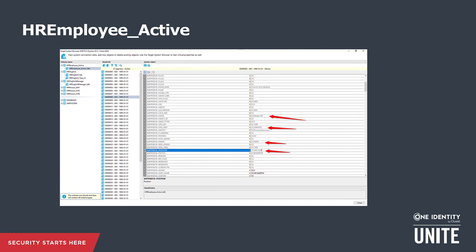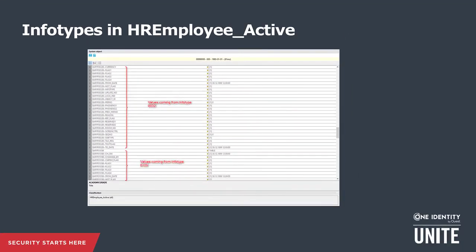Here we can see fields like employee's full name, personnel number, his position, etc. You can also see more details in the HR employee active schema object. The fields are grouped by the info types the connector has accessed. You can see the attributes coming from info type 0032, internal data, and info type 105, communications data. The synchronization editor will show all the attributes with the values from all the accessed info types.